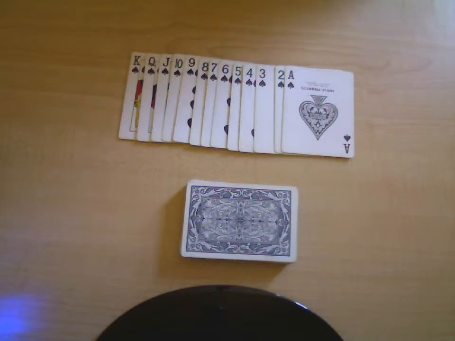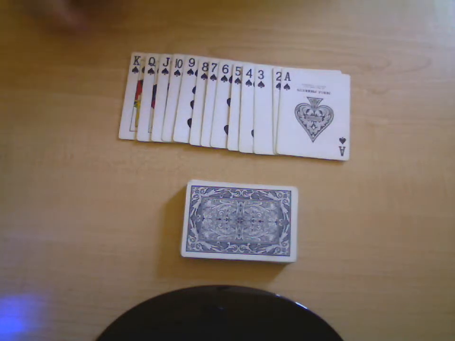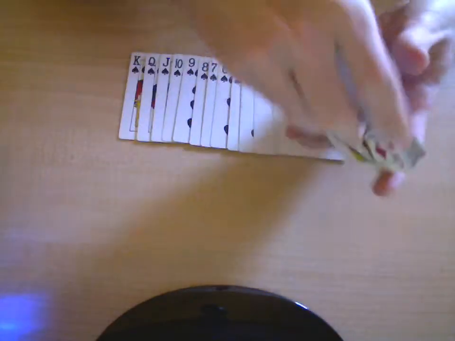This trick unfortunately does require a setup. You need to have the ace through king of one suit. It doesn't matter which suit. I chose the spades because I like the spades the most. And what you need to have is